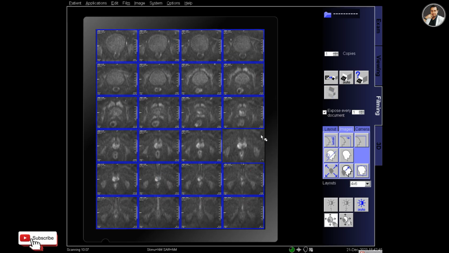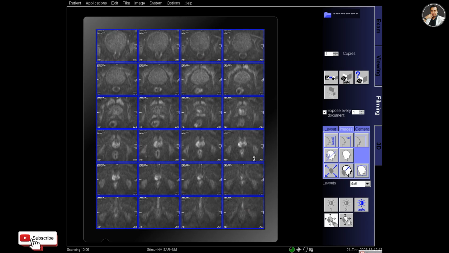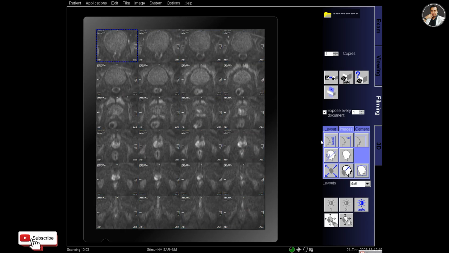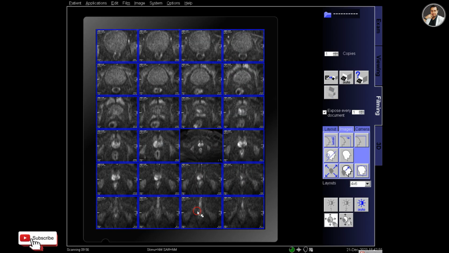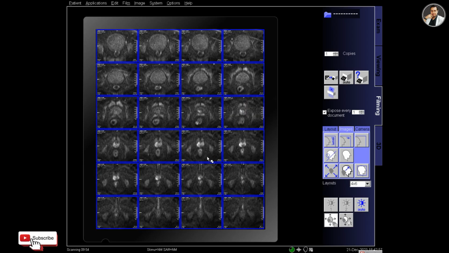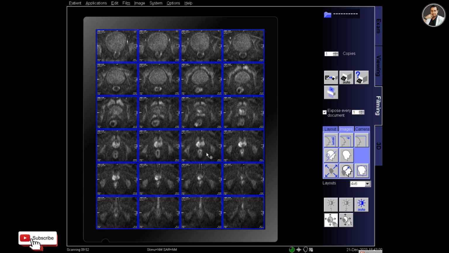You can see that the prostate at the mid area appears bright in the diffusion. Some part of the prostate is brighter because of the cancerous lesions.